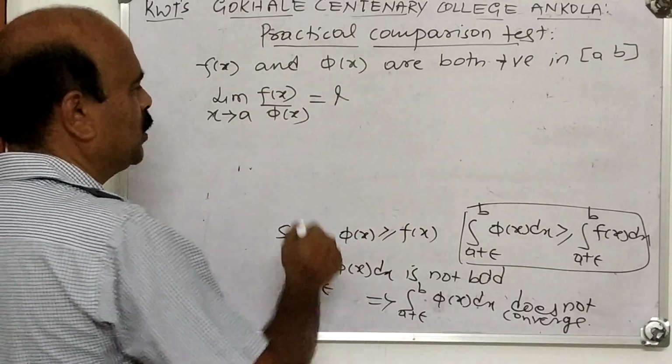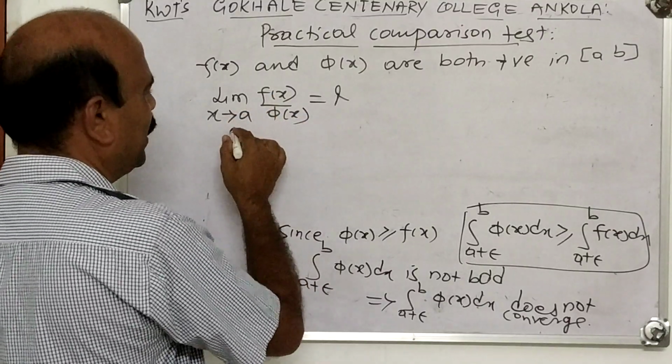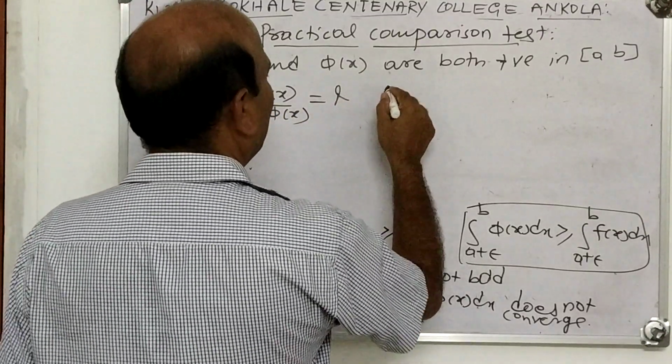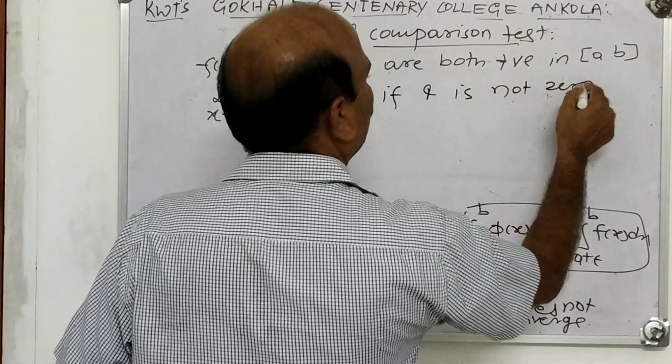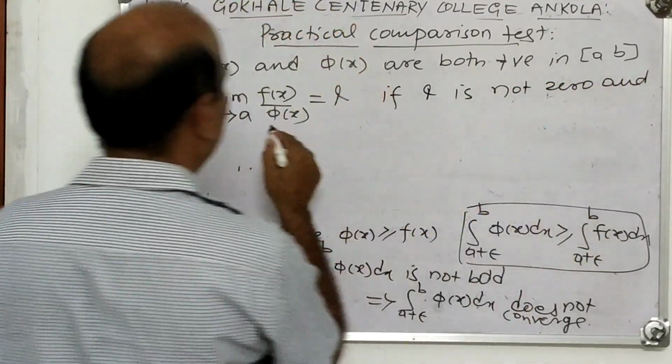The limit of f(x)/φ(x) as x tends to a is L, and if L is not zero and finite,